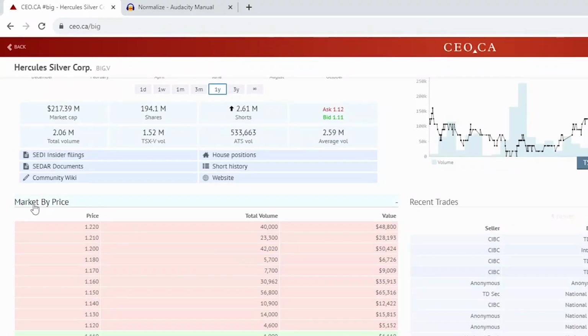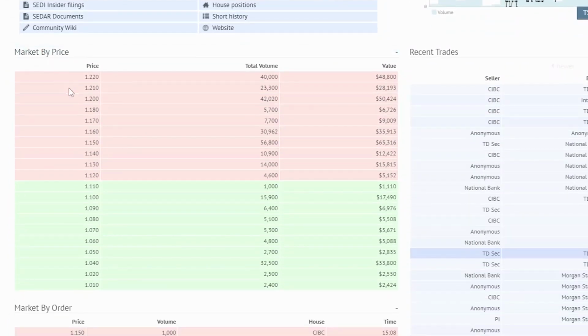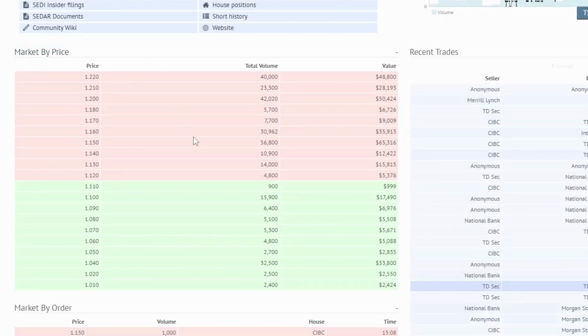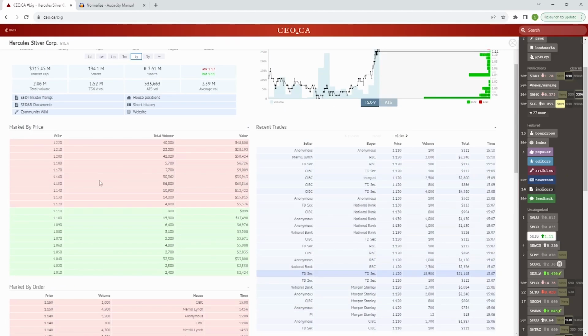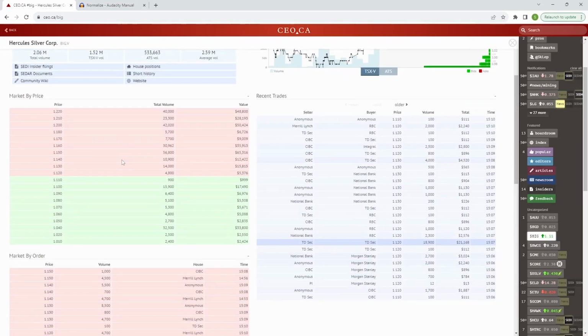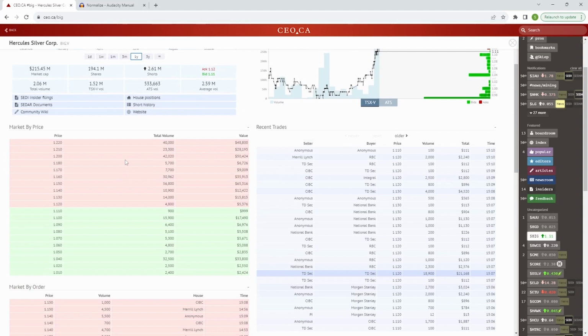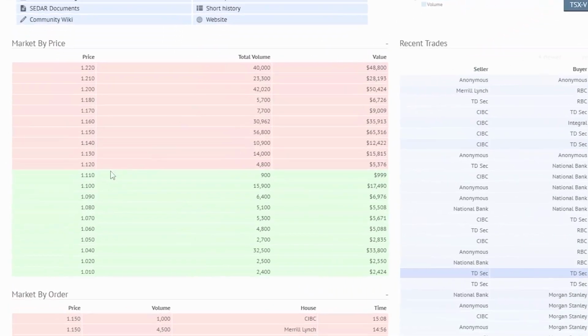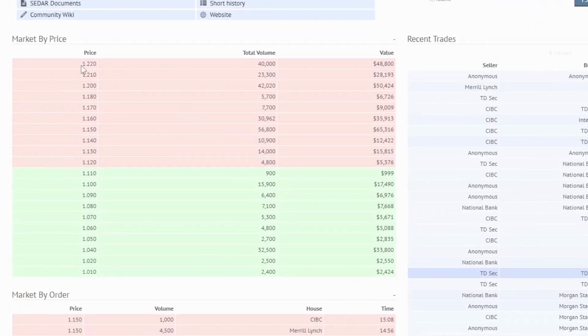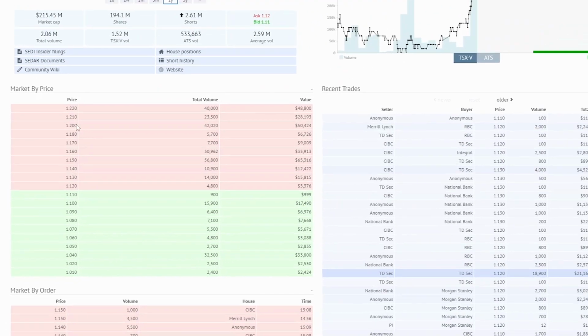Moving on to market buy price. Over here, what we can see is we've aggregated all the orders by the price point. This is similar to what we had over here, but it's displayed in a different way to give you another viewpoint. So over here, we can see all the prices. At $1.22, we can see there are 40,000 shares up for sale at $48,800. That's the same for all these other price